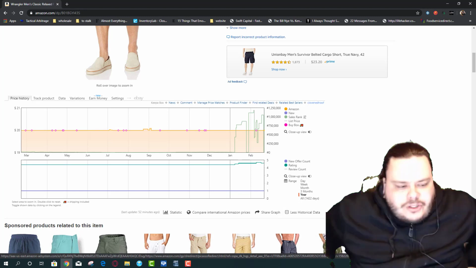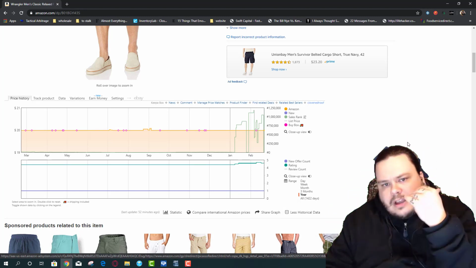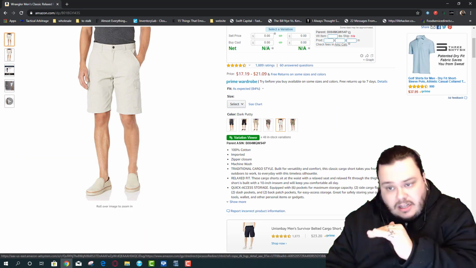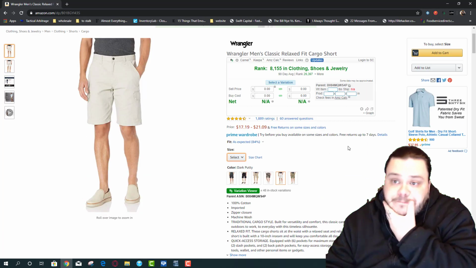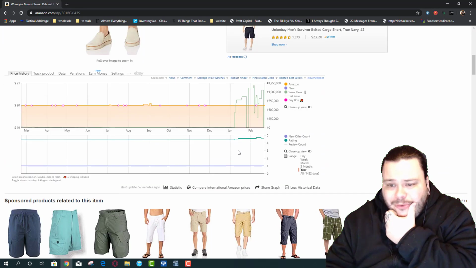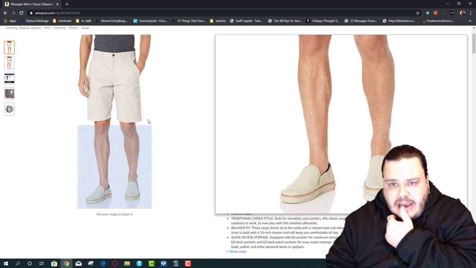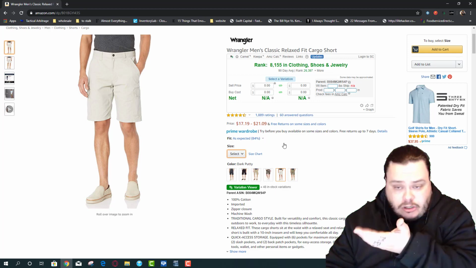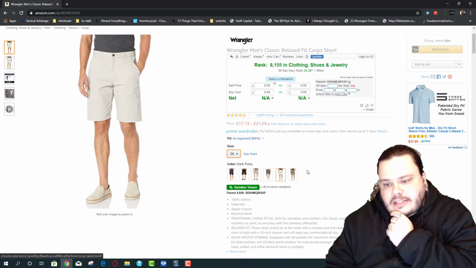What they're partially doing is tracking the ASIN, the individual item, the size and color, like this dark putty and then whatever size this is, and also the parent listing, which is the actual listing for the men's classic relaxed fit cargo short. Let's see if it gets any better if we select a size.